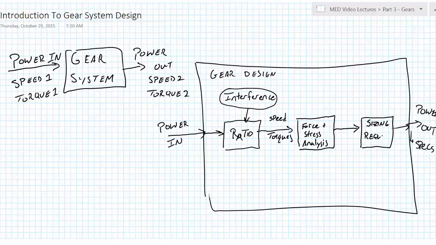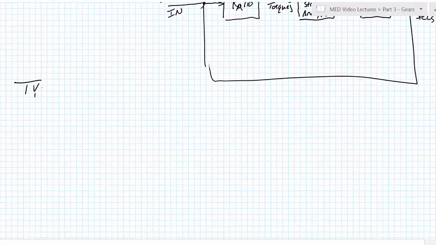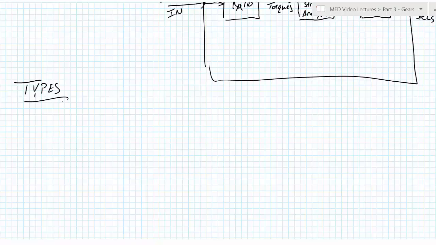All right, let's get into it now. I'd like to briefly overview some of the types of gears. You can look at types of gears in quite a bit more detail in Chapter 13 of your textbook, but we're going to mainly focus on spur gears, and we're going to use spur gears to develop and apply all of our gear theory. The reason is they're simplest, and they are the most common. That's what you think of when you see a gear, and your mental model of a gear is generally a spur gear. But we will also look extensively in this class at helical gears,